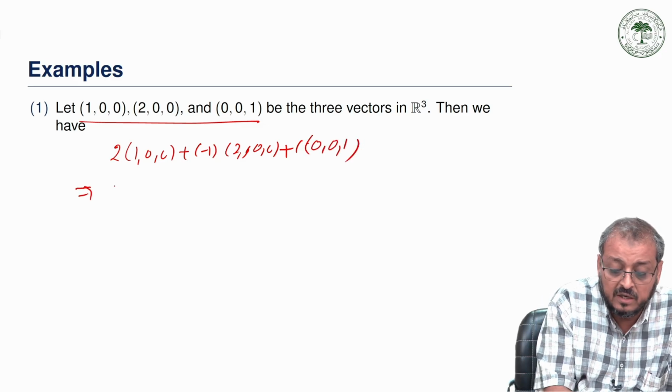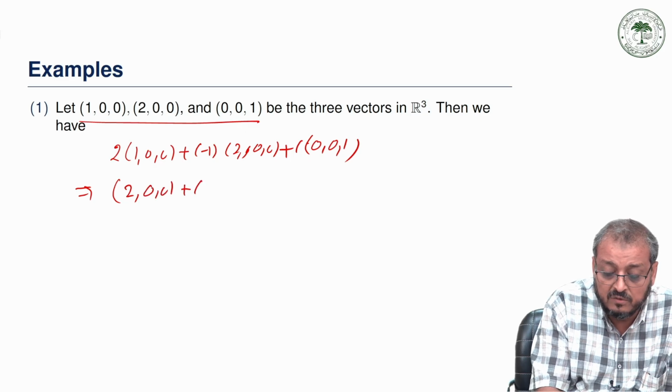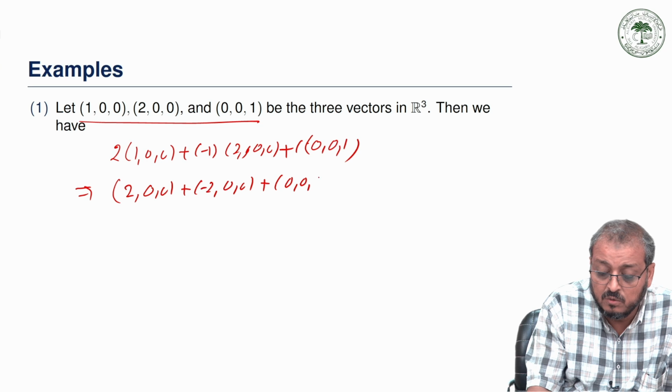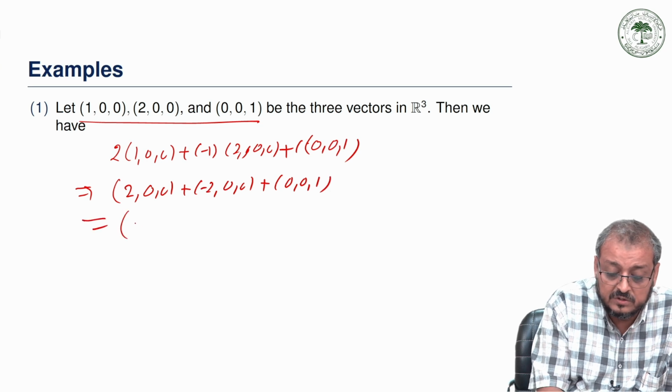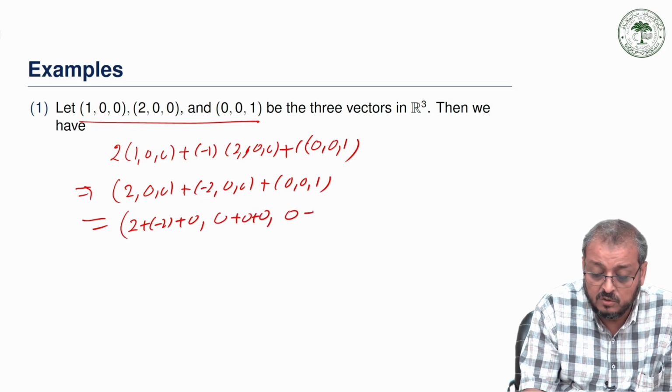Now, this gives (2, 0, 0) plus (-2, 0, 0) plus (0, 0, 1), and then the sum is 2 plus minus 2 plus 0, 0 plus 0 plus 0,